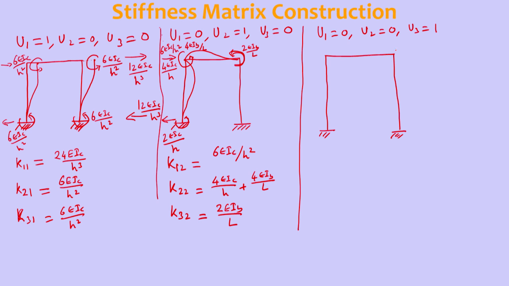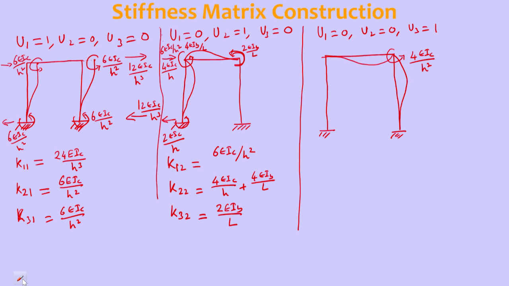So, U3 is this one. So, 1 unit anticlockwise rotation here. It behaves like this and it rotates like this. For making 1 unit rotation in the column, we need 4 EI column by height of the column, so that is H square, and